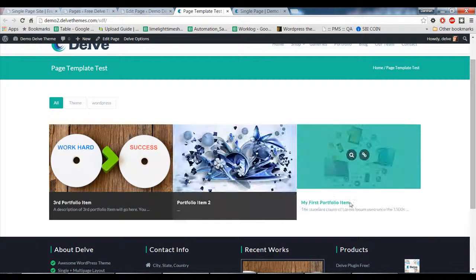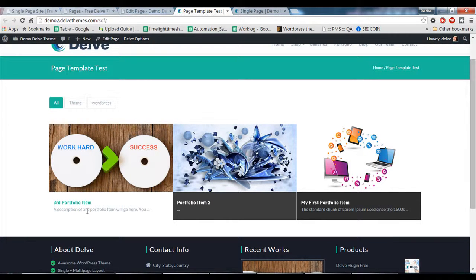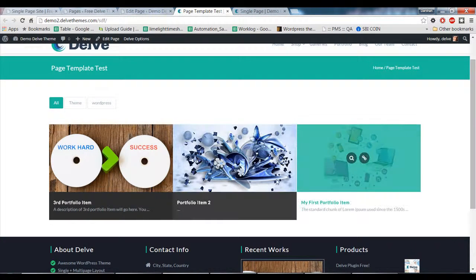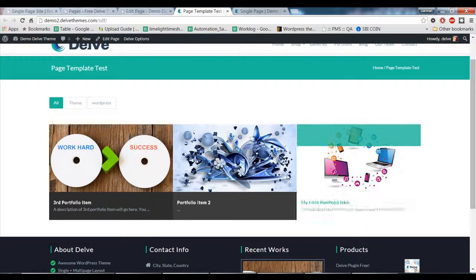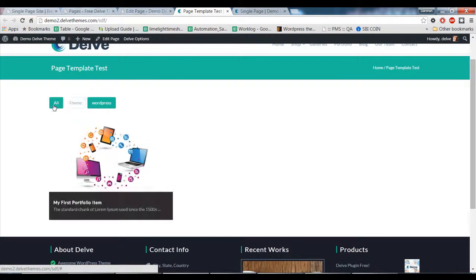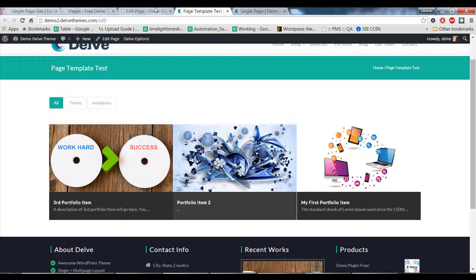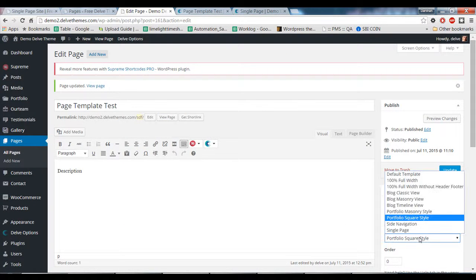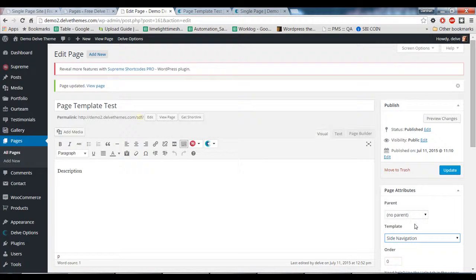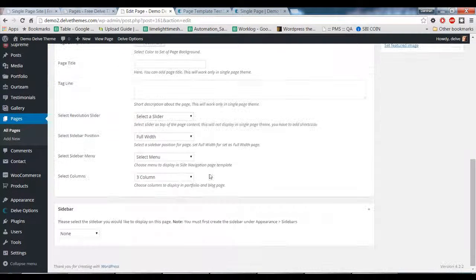but you can see it has a title and description also, and a nice hover effect. So it was a portfolio square style and masonry style. Now comes the navigation. As I told before, we need to set up a menu when I use a navigation page template, a side navigation page template. In this case, let us set up a single page menu here